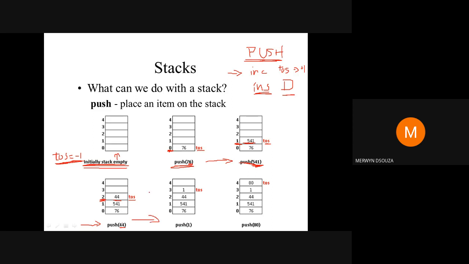So 2 plus 1, 3. Insert your data at that place now. So you're going to insert 1 at array index 3. Similarly, again if you try to push, increment top of the stack, 3 plus 1, 4. Okay, insert your data there. So 80 will be inserted at index 4.